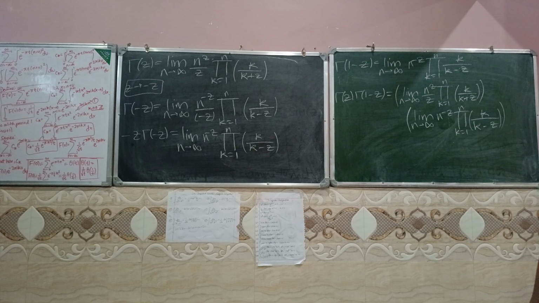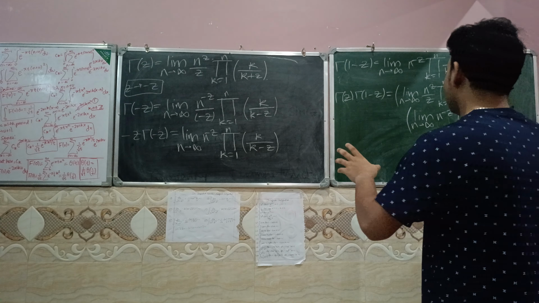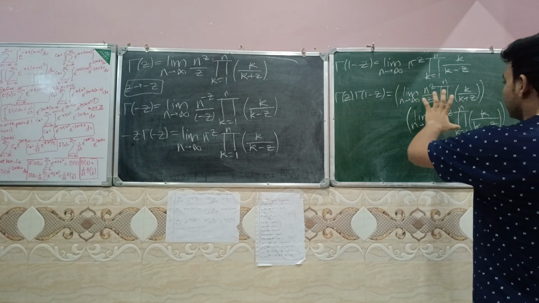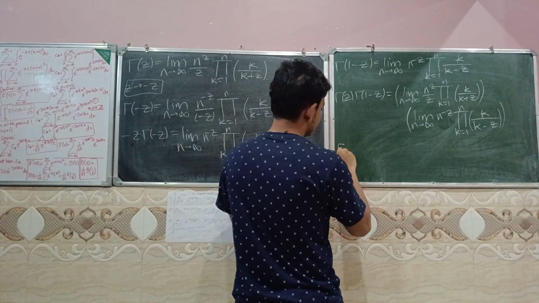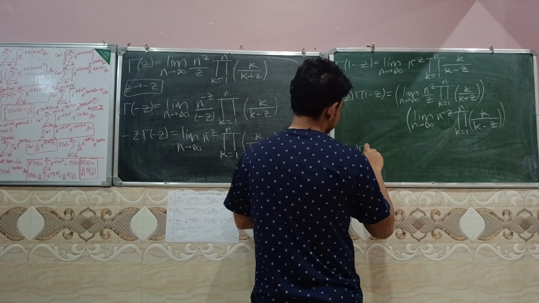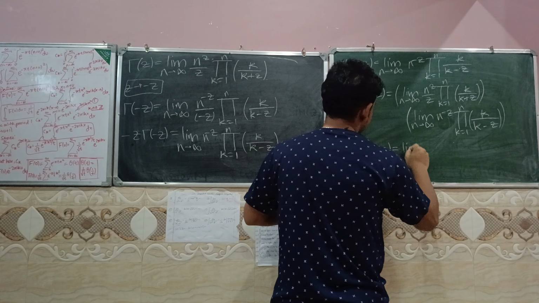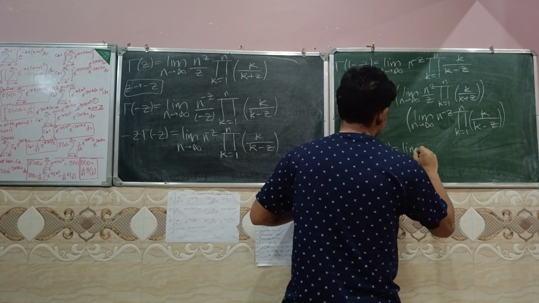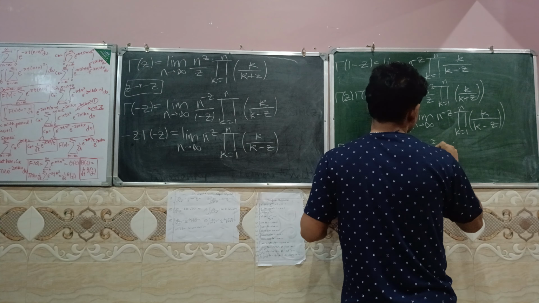Now since n is tending to infinity and here n is also tending to infinity, we can consider only one of them and let all the things be multiplied to each other. So gamma of z times gamma of 1 minus z here is limit n tends to infinity of n to the z times this one, n to the negative z, that's going to be 1 actually,